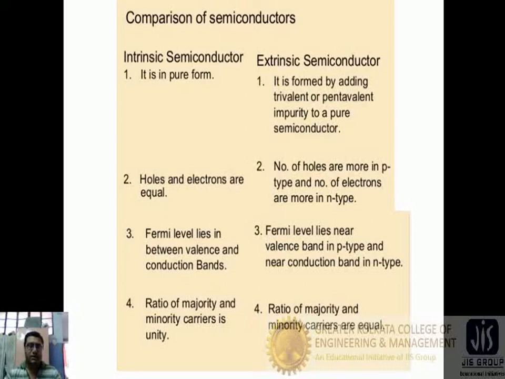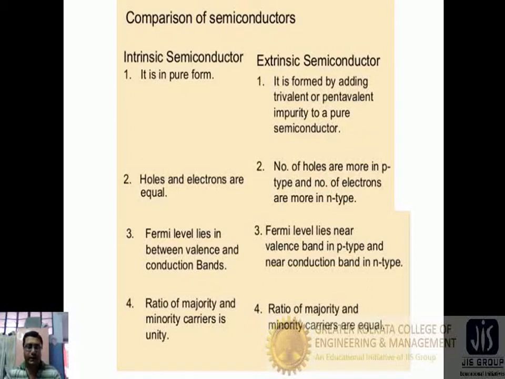The intrinsic semiconductor is the pure form of the semiconductor, and the extrinsic semiconductor is formed by adding trivalent or pentavalent impurity to a pure semiconductor. In intrinsic semiconductors, holes and electrons are equal, and in extrinsic semiconductors, the number of holes is more in p-type and the number of electrons is more